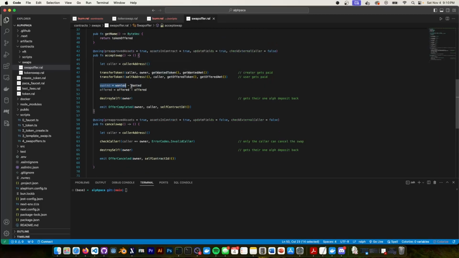So from there we take our wanted minus wanted, offered minus offered. Not really necessary, but it's just something I have there, because you can emit that in an event and then make sure that you can update that on your SQL databases. Which could be part of a system where you could do partial fill orders. So a person could be requesting tokens, but they could partially fill. I think that would be a totally different swap. I think I'd have to make that. But I think in that essence, there could be something cool that could be built. Partially filled swaps. Now we're talking about DEX type stuff. It's not really P2P anymore, but